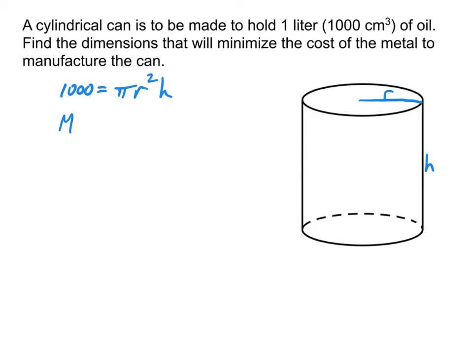So we're going to be trying to minimize the cost of the metal. I'm going to call it M for metal. You certainly could have called it S or A or something like that as well for surface or area, whatever. It's not particular what you call it. It's just a matter of calling it something that means something relevant. Now, how do we find